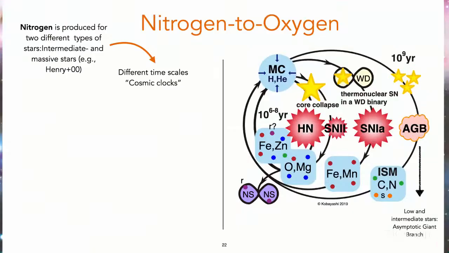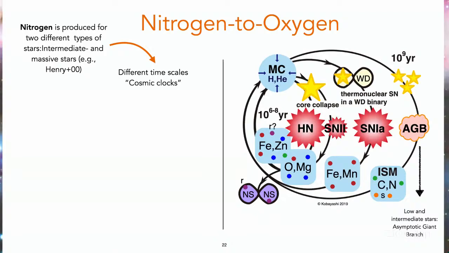Now I will move to a slightly more unique element. I think it's really very nice, this element, and there is a lot of attention now on nitrogen. You will see in some slides why. But just a nice reminder, nitrogen is produced by two different types of stars. First are intermediate-mass stars and massive stars. So we saw the trajectory of the supernovae, and then a while later we have the AGB stars that are the main producers of nitrogen. These different time scales are very important because they give us information.